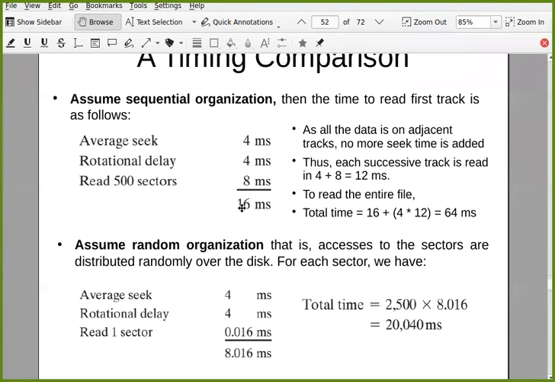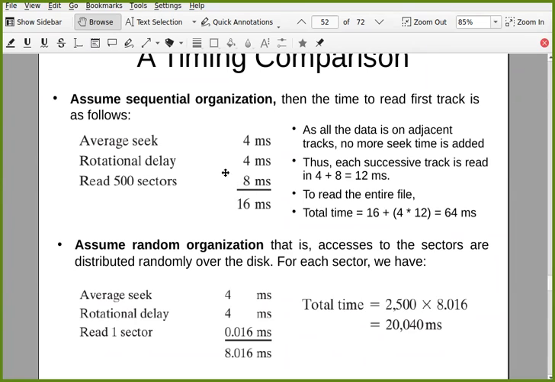And after that, for the remaining 4 tracks that you want to read, there is no need for seek time. Only rotational delay and reading the whole track. 500 sectors means one track.